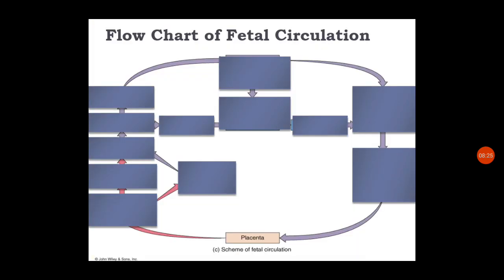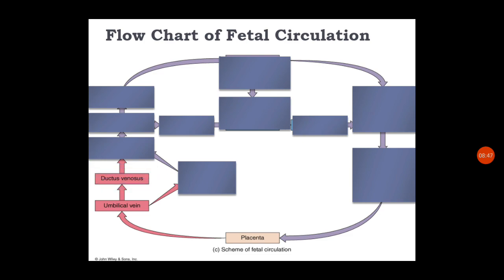Again, one more discussion. I am making a flow chart with the same explanation. So now we know that the placenta will give the umbilical vein. From the placenta, the umbilical vein will be taking much amount of blood. With the help of the ductus venosus, it will be opening to the inferior vena cava. So from the inferior vena cava, it will be directly opening into the right atrium.